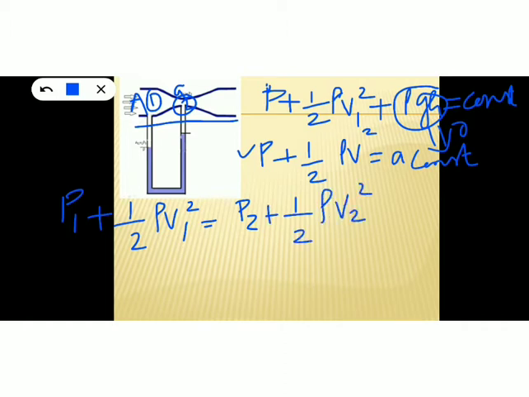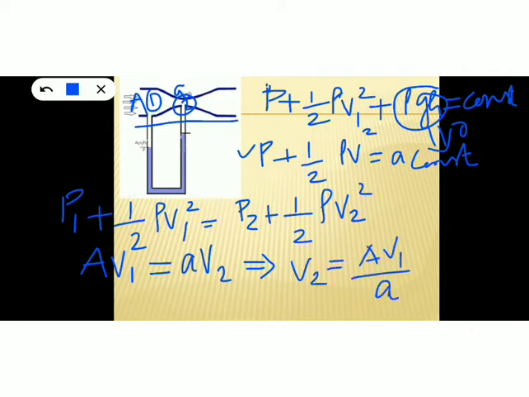Now, according to the equation of continuity, we can write A V equal to a constant. So the product of area and velocity at region 1 will be equal to the product of area and velocity at region 2. At region 1 the area is A and the velocity is V1, equal to, at region 2, area small a and velocity V2. So we get the expression A V1 equal to small a into V2. From this we get V2 equal to A V1 by small a.